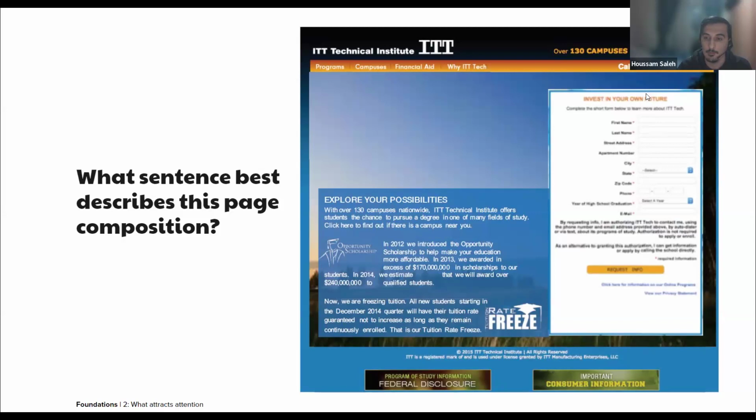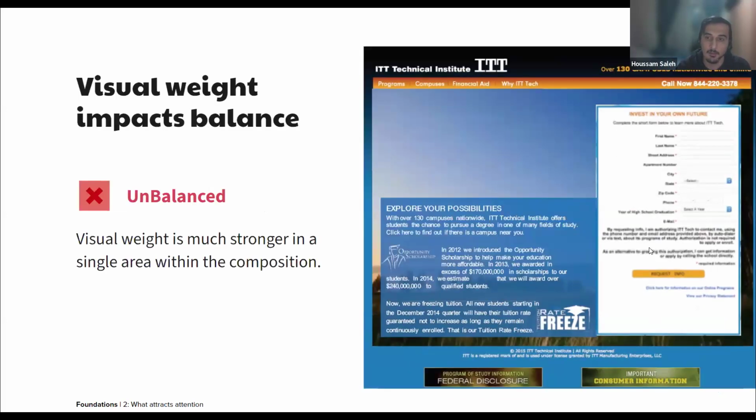Okay, I'll share the results. So most of you answered the first one, which is that the composition is unbalanced. That's true, because if you look at the above-the-fold content, we see that more visual weight is on the right side of the screen, whereas there's a lot of white space to the left, which is distracting to the eye. So on the next screen,